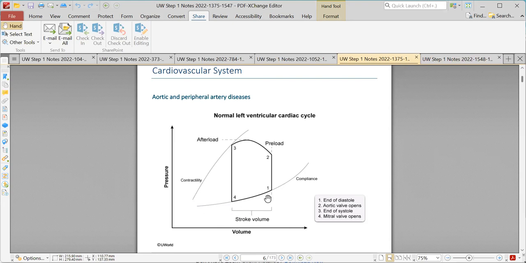We should know that this area is the end diastolic volume, the end of the diastole, and this is also the S1. This is the point where our mitral and tricuspid valves actually close. This S1 will be here, and in the S2, the aortic valve actually now opens. So this is the preload. The aortic valve opens, and this is the S3 at the end of the systole. So here it is